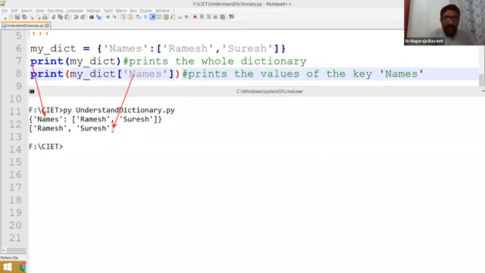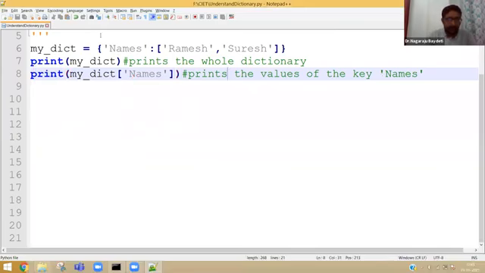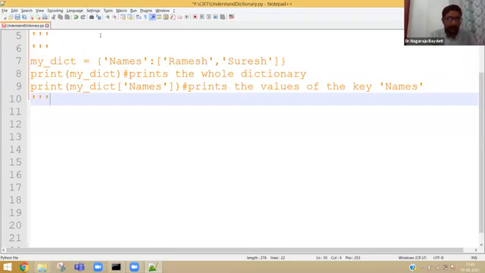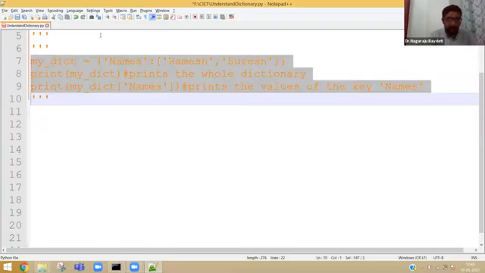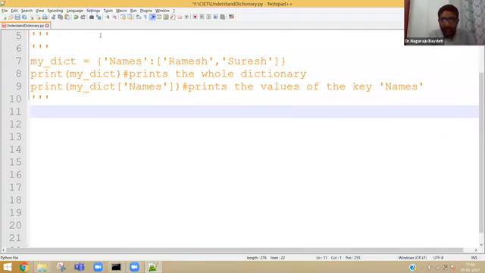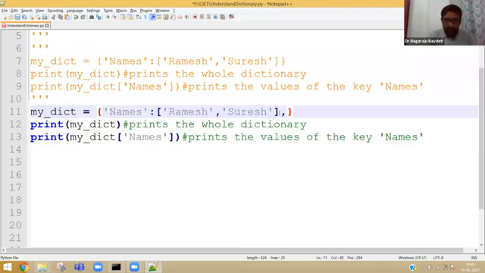Now, can I have multiple keys? Obviously, yes. You can have multiple keys. So how to do that? I'm taking the entire thing again. Now, you can also define age, colon, 35 and 45. Now, I can also print individually.